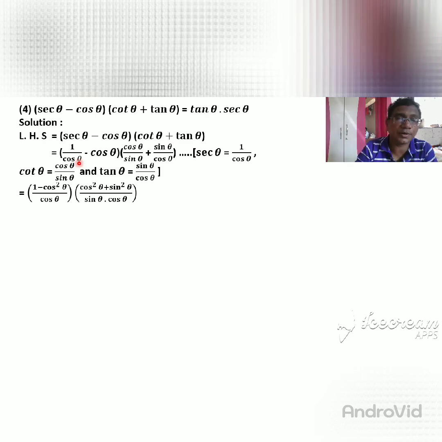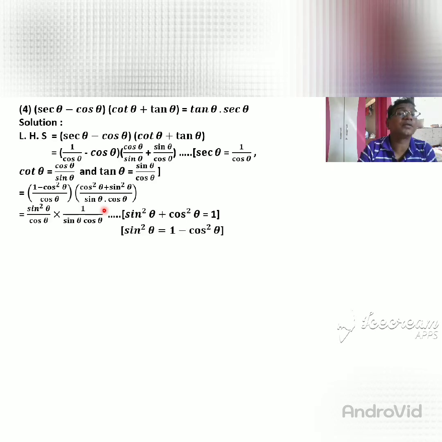Divided by cos theta. Any doubts? Then see another bracket: cos theta over sin theta plus sin theta over cos theta becomes cos square theta plus sin square theta divided by sin theta into cos theta. How do you get this? This is the cos theta, that is multiplied by cos theta, so you get cos square theta. This is the sin theta, that is multiplied by sin theta, so sin square theta. So cos square theta plus sin square theta divided by sin theta into cos theta.